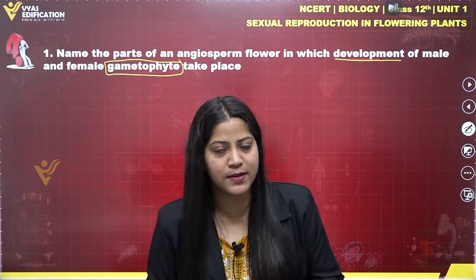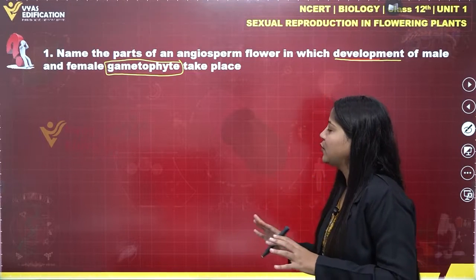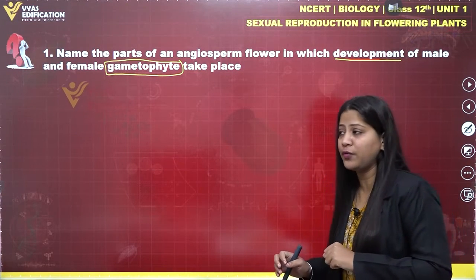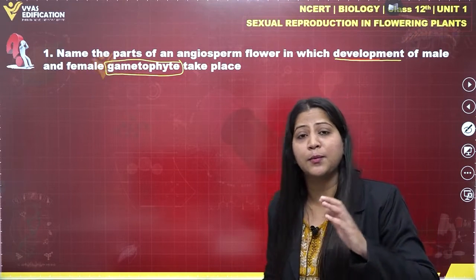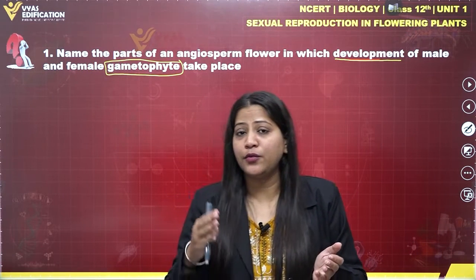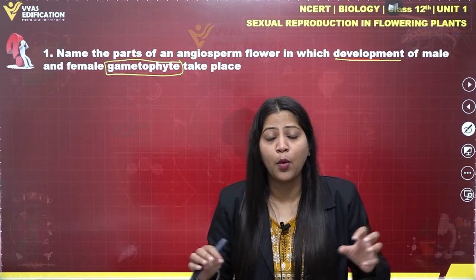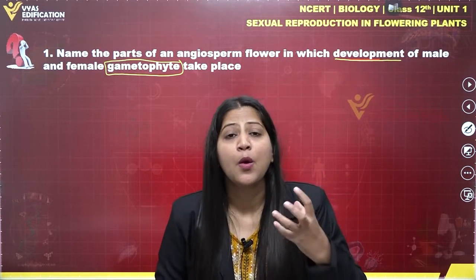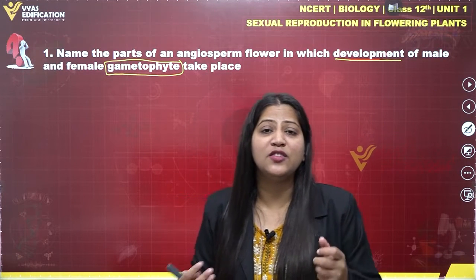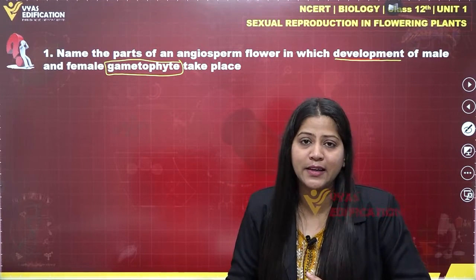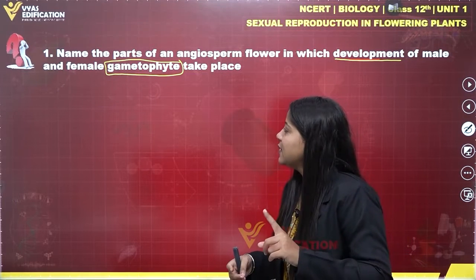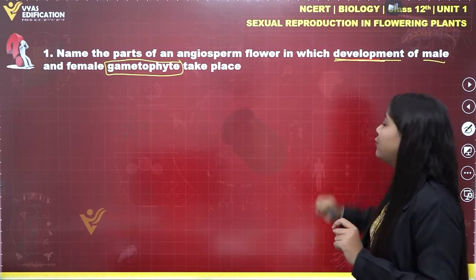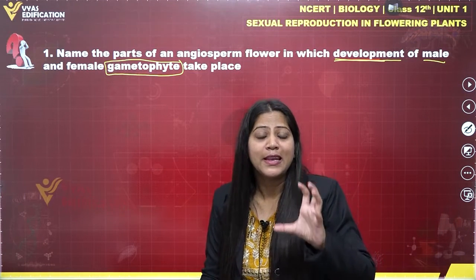Now we have to discuss where the development of these two gametophytes, the pollen grain and the embryo sac, actually takes place. If we discuss first the development of a male gametophyte, then we know that in angiospermic plants, we have flowers as their reproductive structures,